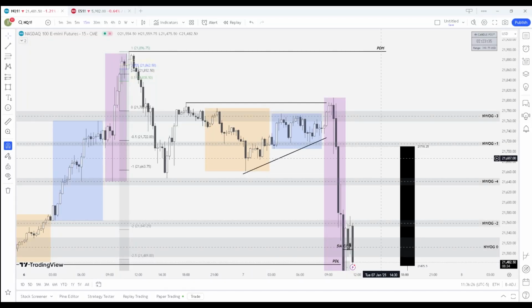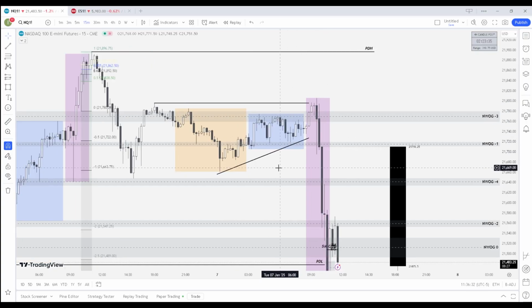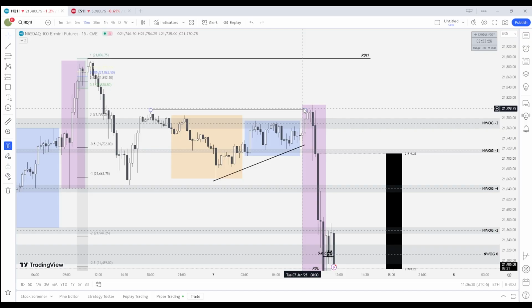Alright guys, so this is the daily recap for Tuesday, 7th of January, and going into the day I was bearish biased because we had this kind of low resistance liquidity building up right here. And when I got on my charts, we had SMT at the highs right here, but we did sweep out these previous day highs, and then we got another more internal SMT right here at the high of day.